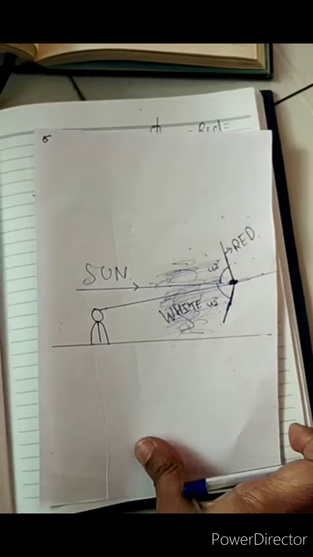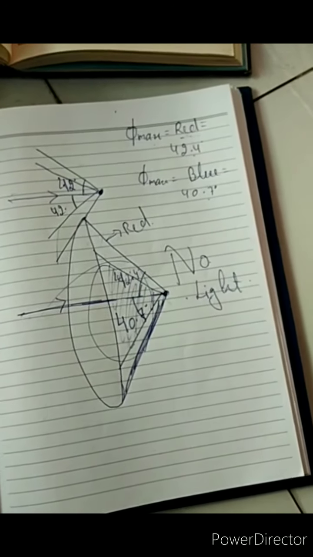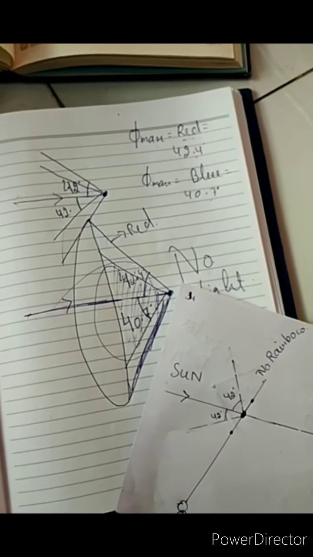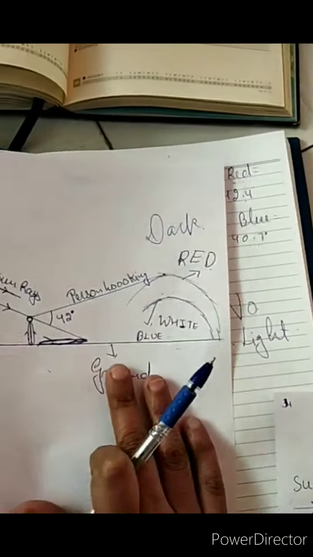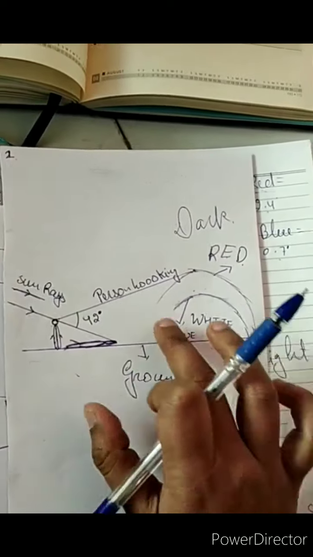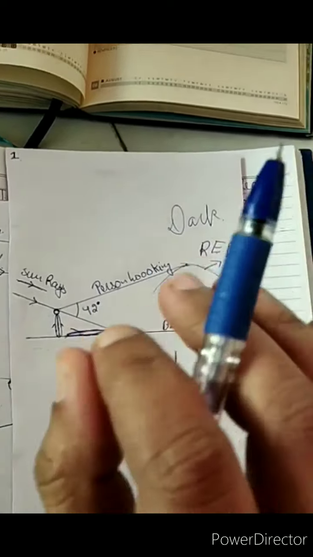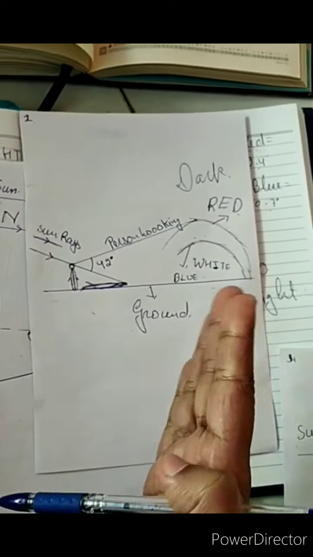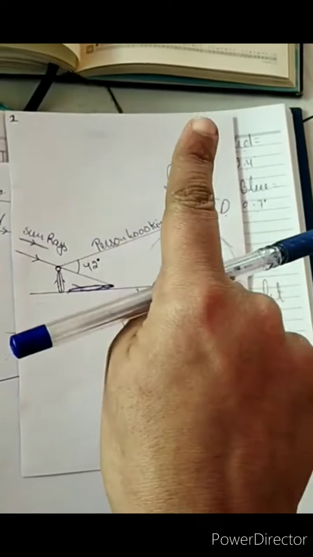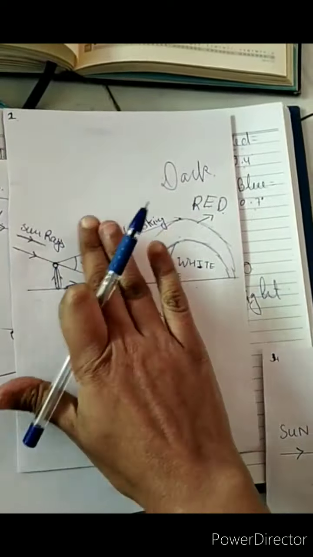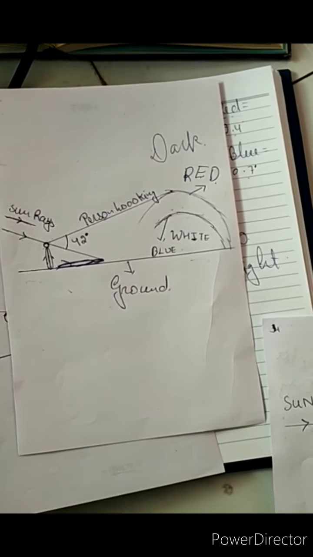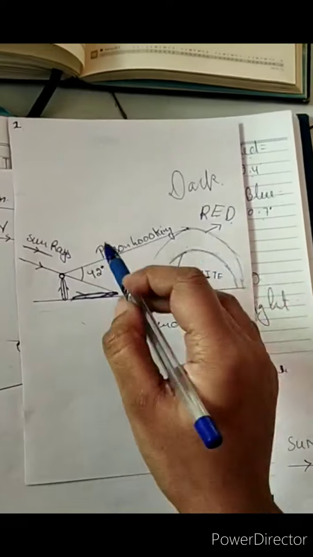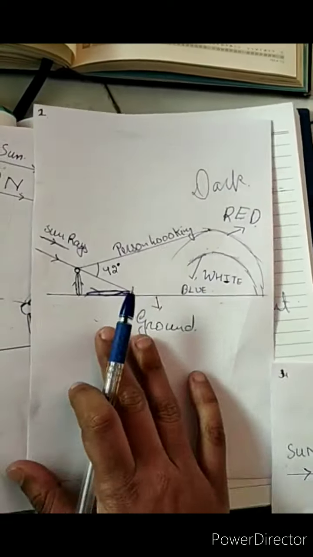So to look at the exact rainbow, you have to, this is the figure, this is the main thing, 42 degrees, and here you will be able to see your rainbow. So you have to look in such a way that you are not looking only at the red part. You have to adjust in such a way that the main ideal condition, look, the main ideal condition for the formation of the rainbow is early morning or late afternoon. Okay, so at that time you can easily see your rainbow.